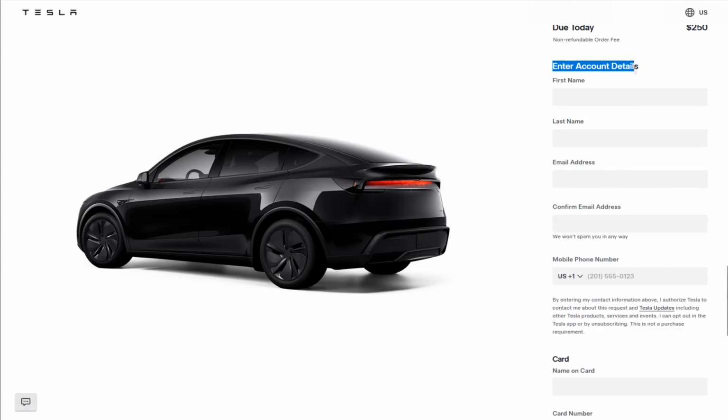From here, you want to enter in your account details. So whether you have a Tesla account or not, just fill out this information. If you already have a Tesla account, just use the same information. If this is your first time purchasing a Tesla vehicle, just enter in the information, and the email that you choose, make sure that's the email that you want to use for your Tesla account. So for instance, when you log in through the Tesla application, that's the email that you're going to use when